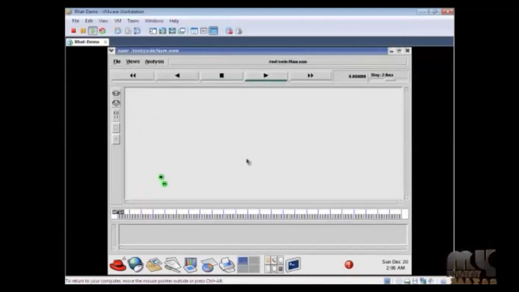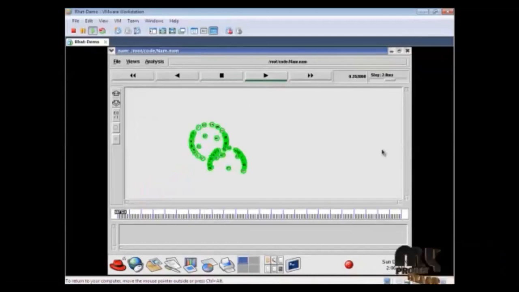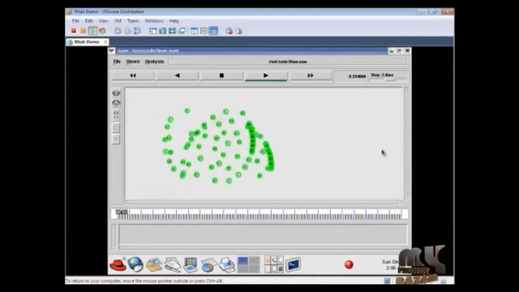Please display button. This is the output of our project.